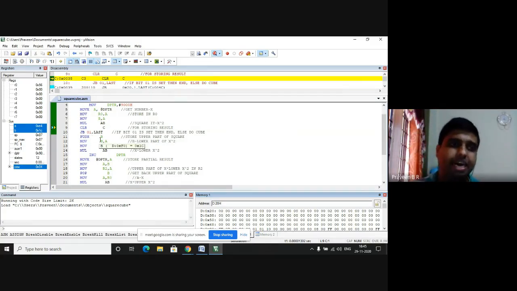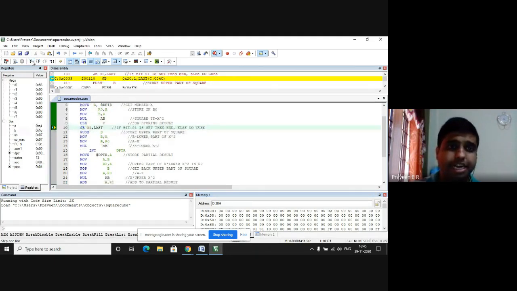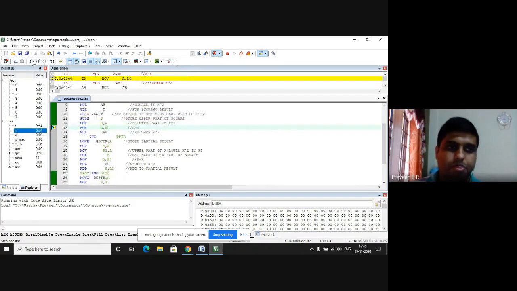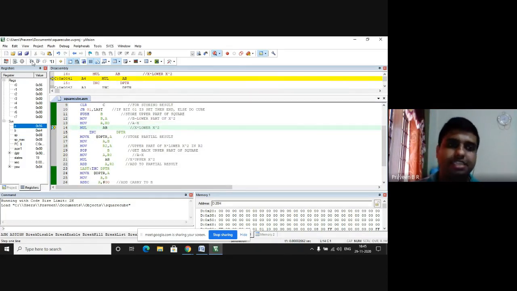Instead, it pushes the data that is present in register B to the stack. That is, 1C is pushed to the stack. Now, the data that is present, E4, is going to be brought to the accumulator. Now, E4 is multiplied with 56. So E4 into 56 will give me the cube of the given number.